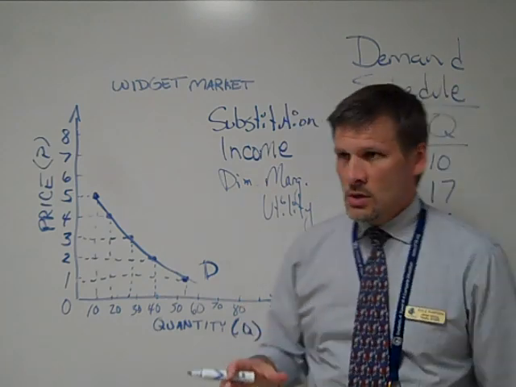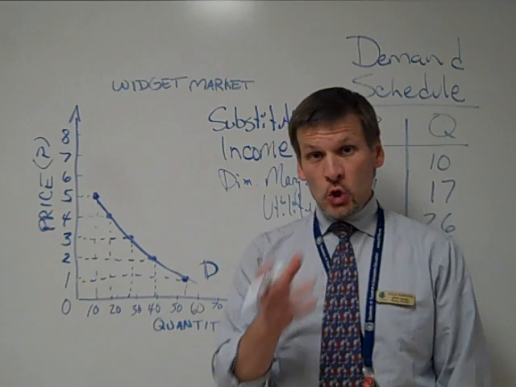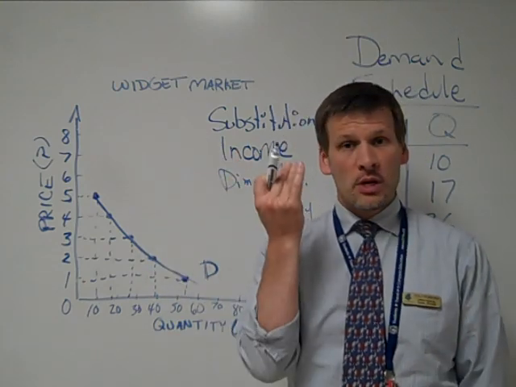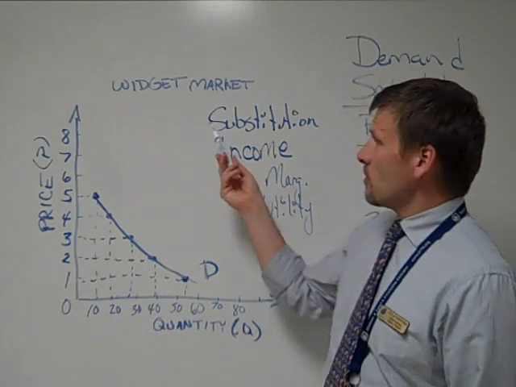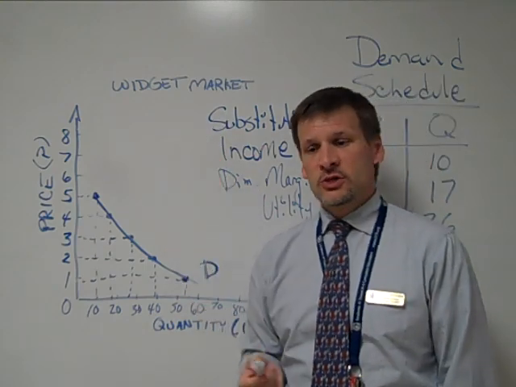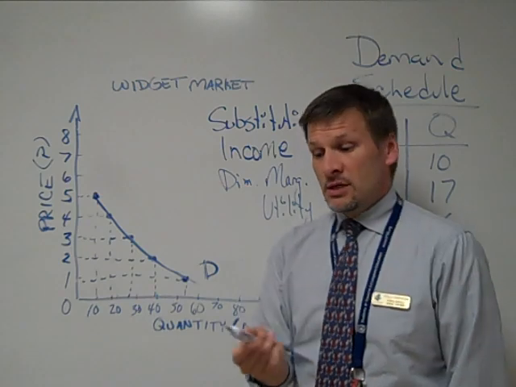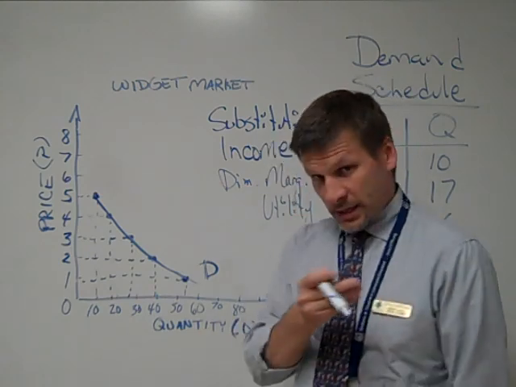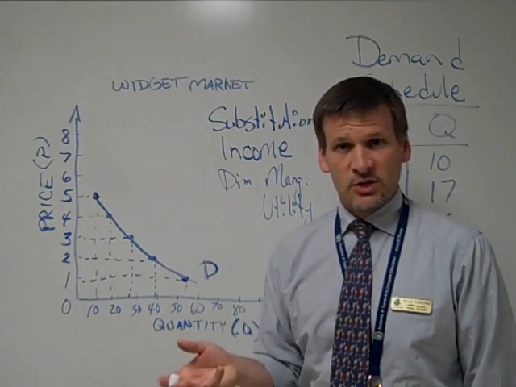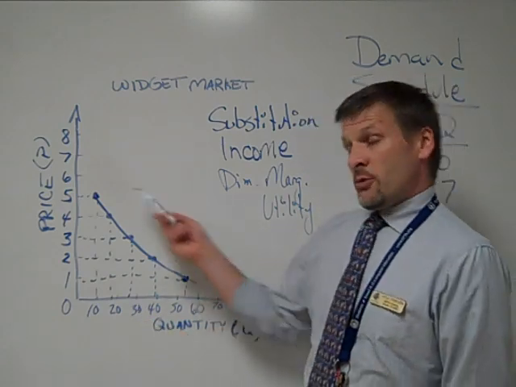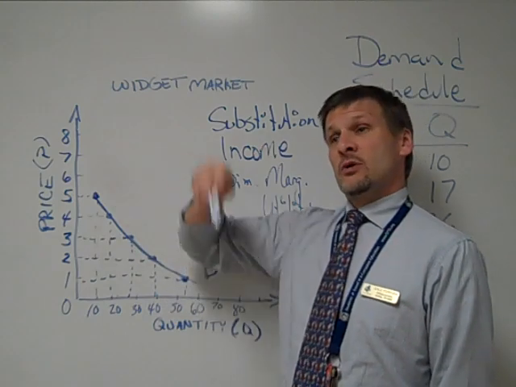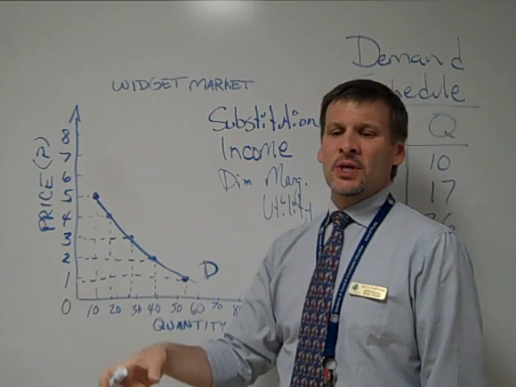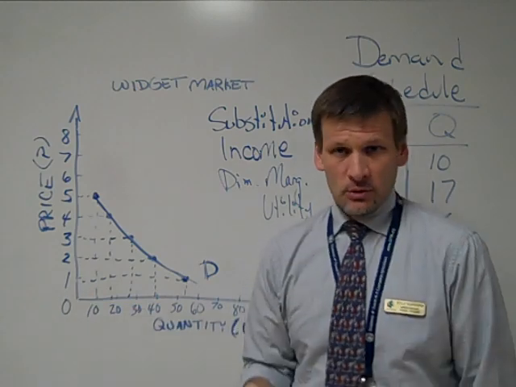So why does the demand curve do this? Why does it slope downward to the right? It does so for three reasons. First, because of the substitution effect. Let's take any two goods. We'll take organic lettuce and regular lettuce, or maybe two different boxes of cereal. If the price of one of those boxes of cereal goes up and is high, people will probably say, you know what, I've had enough Trix, I'm going to substitute into, let's say, Fruit Loops instead.